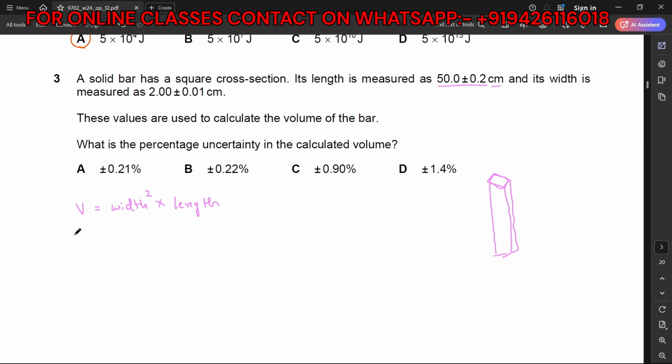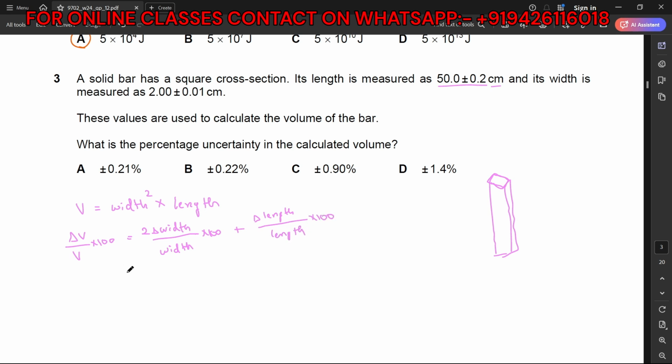And now if I talk about the percentage uncertainty in the volume, this will be equal to 2 times delta width divided by the value of the width into 100 plus. Why 2 times? Because it was squared, that is why 2 is written over here. And for the length, because we are dealing with multiplication, we know that the values will be added over here. So plus the uncertainty in the length, or I should say delta length divided by length